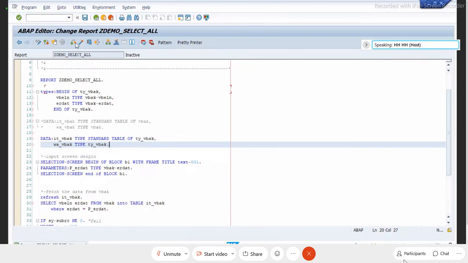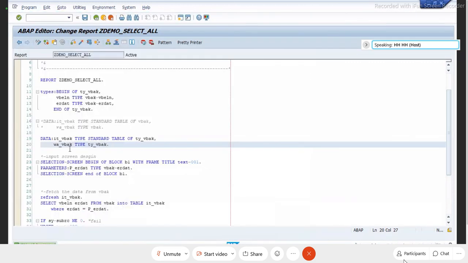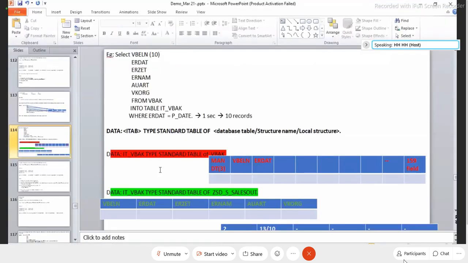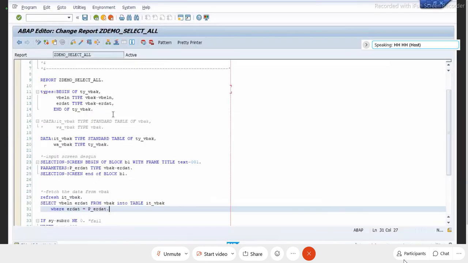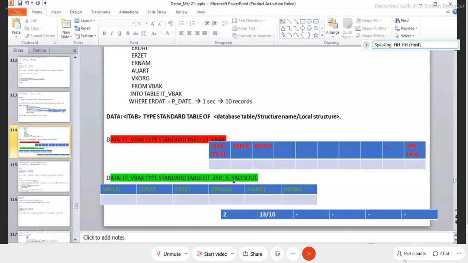See, now I don't have any errors and the same thing will happen. Always use this select with fields query only. Don't use select star query anytime. And don't change your order also, guys. Here VBELN and ERDAT, my internal table is also the same. I told you, whenever you are reading the data from your database table, the data will map as first field, second field.